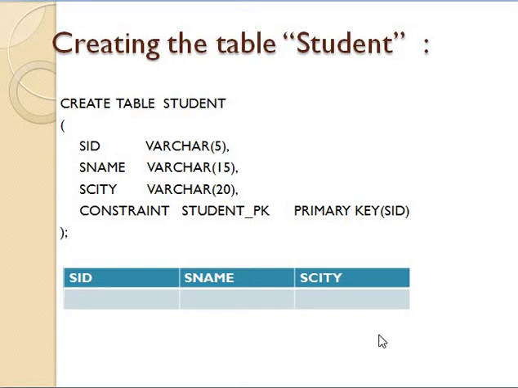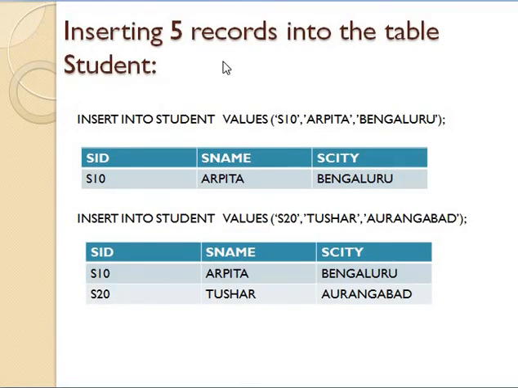Now initially, this table called student will be entirely blank. That is, it will not contain any data. Now let me insert 5 records into this table student. The first record is S10, Arpita and Bangalore, and I have inserted that record into this table with the statement